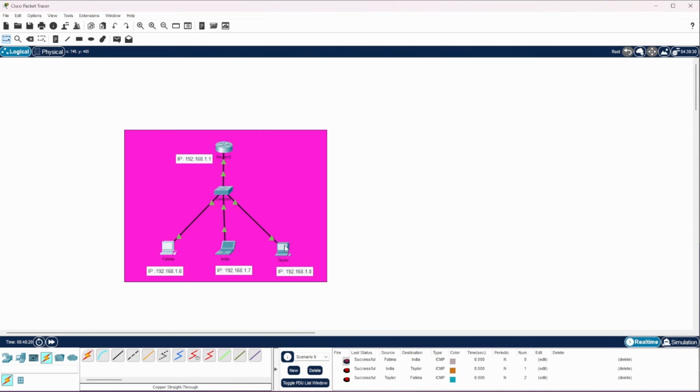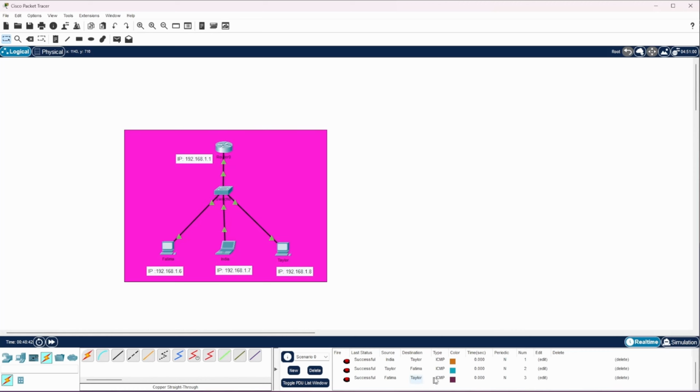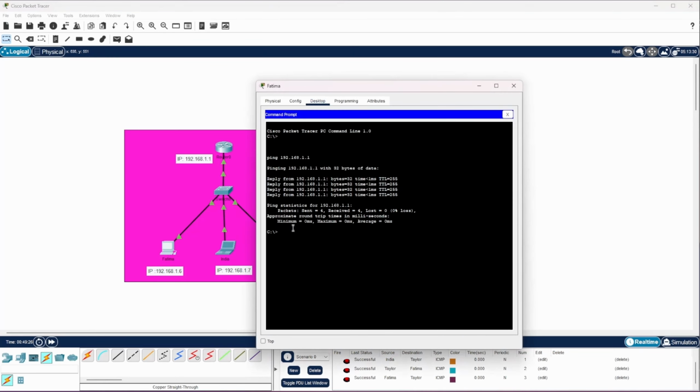Okay. Also, let's see if I can talk to Taylor. Here it says Taylor can talk to Fatima. Let's try if Fatima can talk to Taylor. Here you see, yes, she can. It's the last one. So here Fatima can talk to Taylor, but we also can check it by going to our command prompt, and